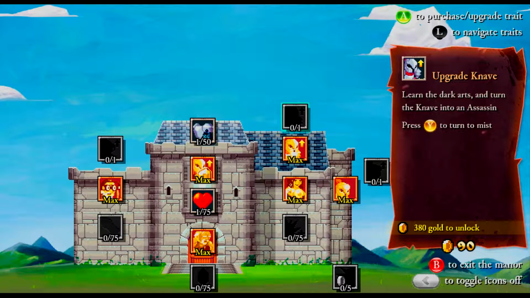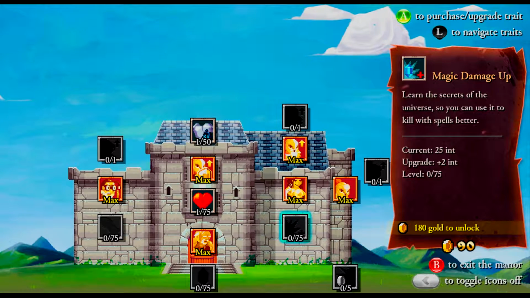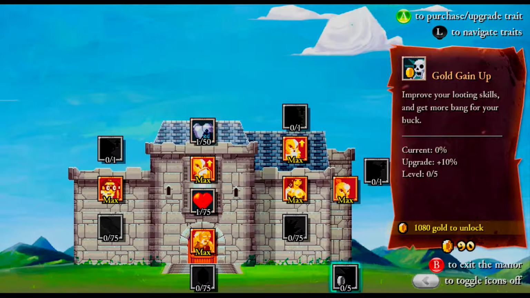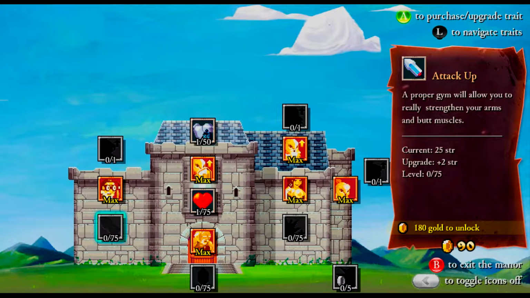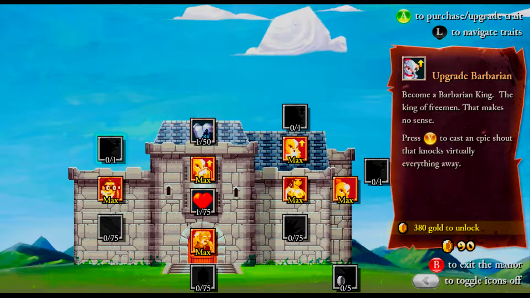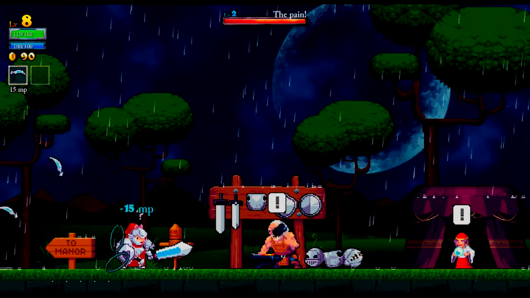The upgrade for Knave will turn him into an Assassin. I can hit Y to turn into Mist form, which constantly drains mana, but I'm not able to be hit in that form. Attacking will remove me from it. Magic damage up, self-explanatory. Gold gain up is expensive, but it'll give me more gold per coin. Attack up, self-explanatory. Then upgrade to Barbarian, which makes a Barbarian King. And no, I'll save that for later. I'll let you figure it out, because it's a reference that I'd like for you guys to find out on your own. Little training dummy here lets you see how...